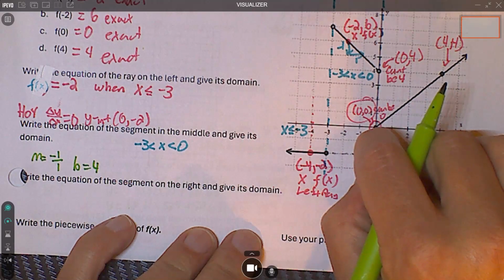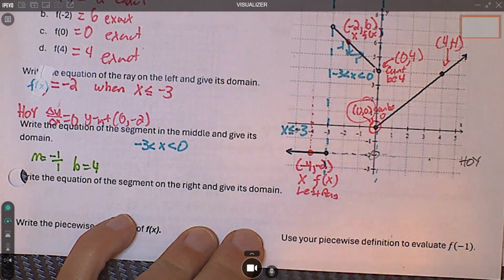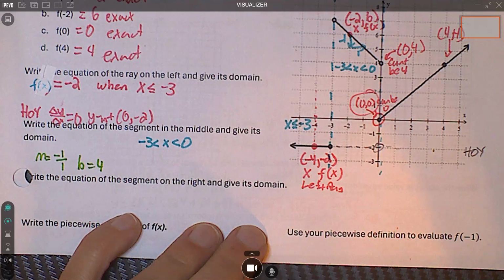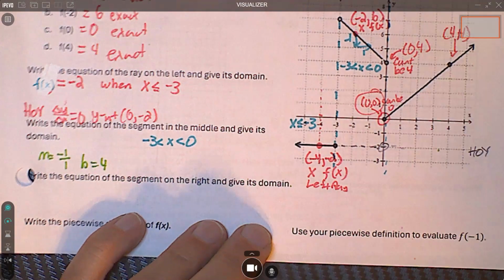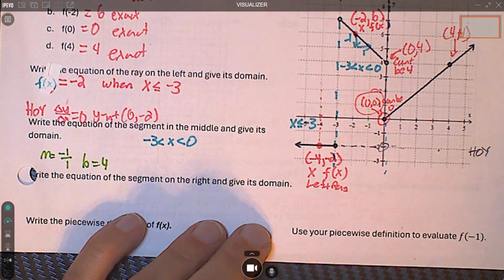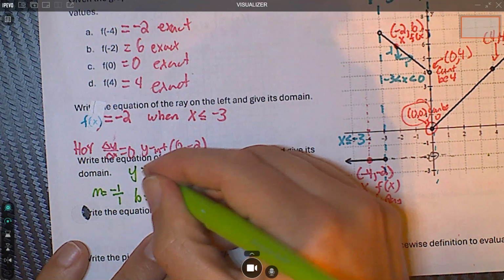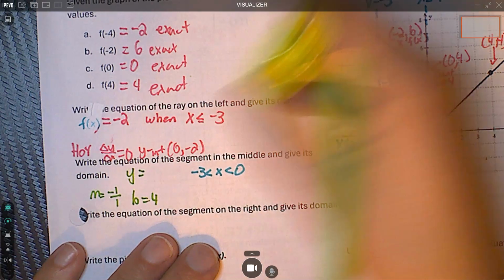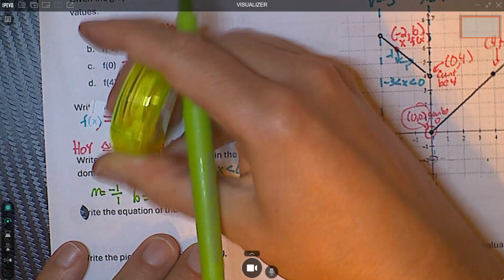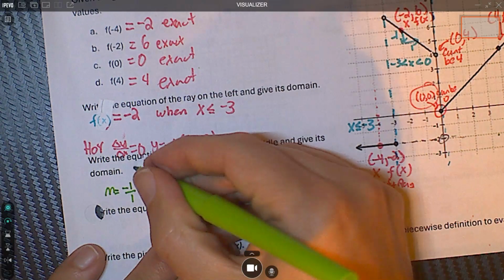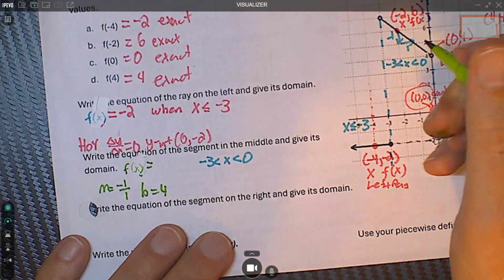No, b's not technically. B's actually, for that piece of the function, it's 4. So f of x. F of x equals